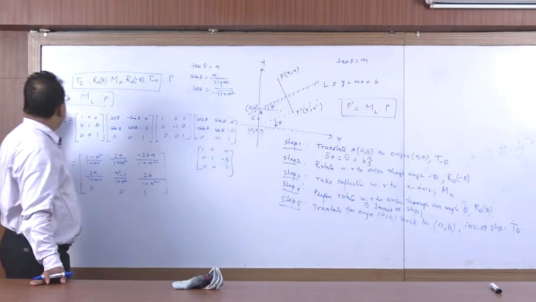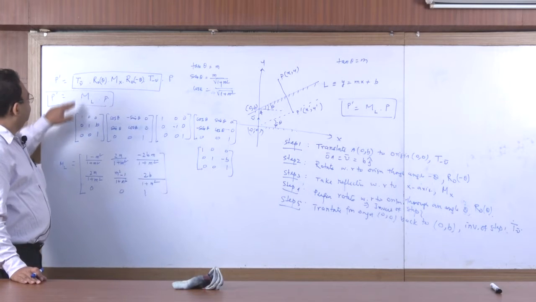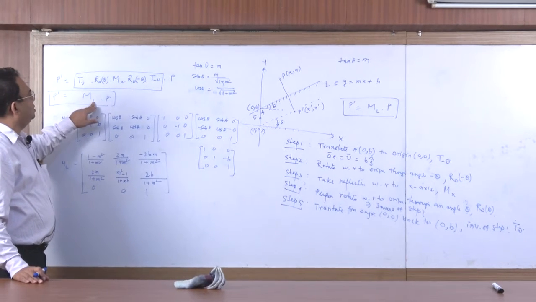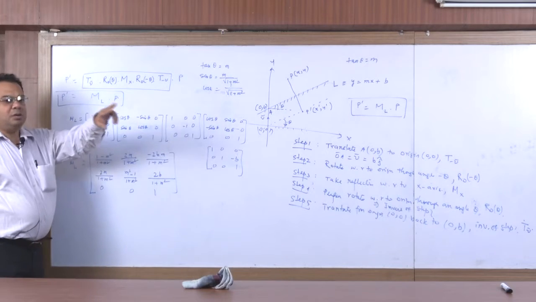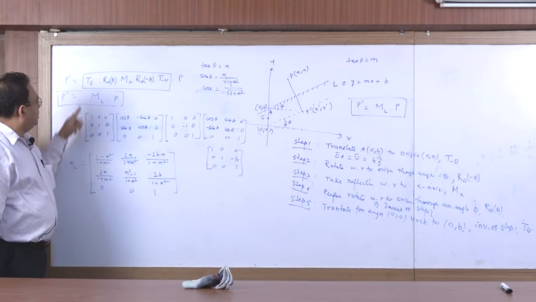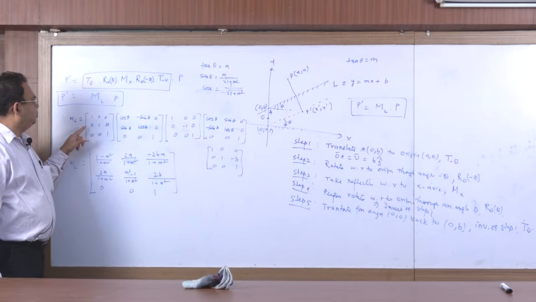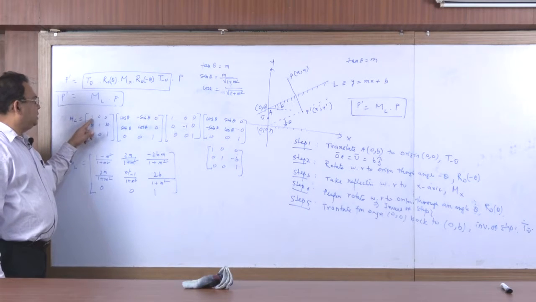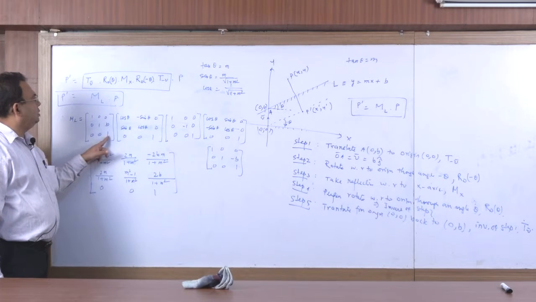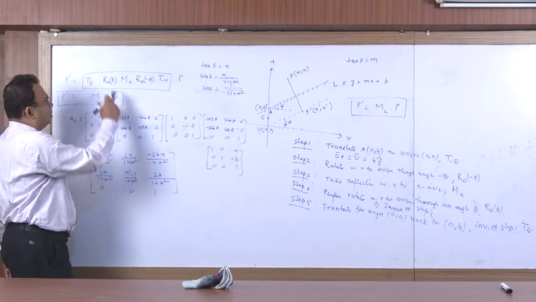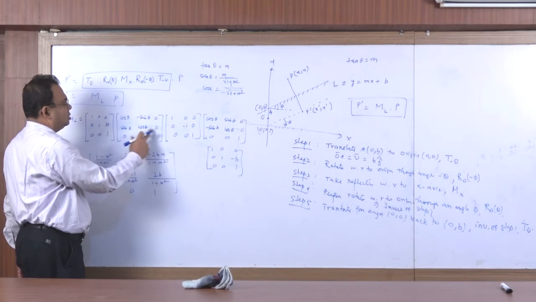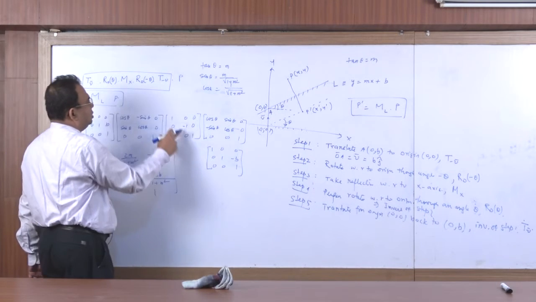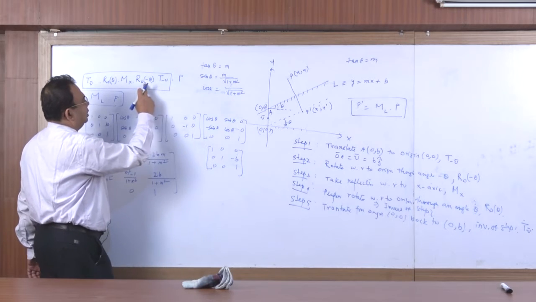We have obtained the composite operator ML, which is the multiplication of these 5 matrices, putting the values as we have obtained earlier. So TV is 1 0 0, 0 1 B, 0 0 1, and R0 theta is specified by this matrix, cos theta minus sin theta 0, sin theta cos theta 0, 0 0 1, and this is your Mx, and